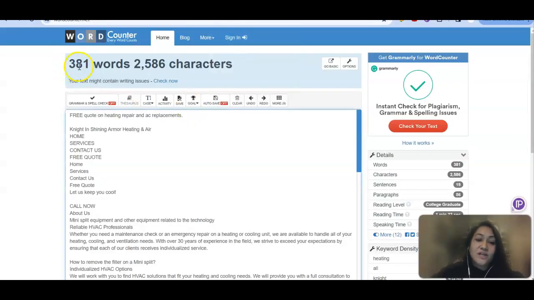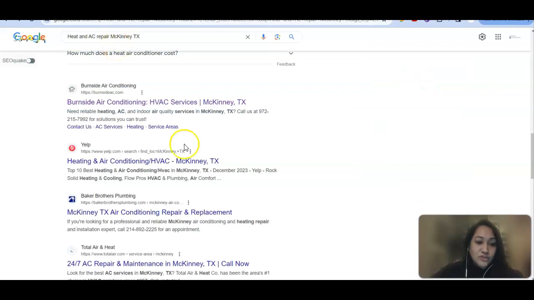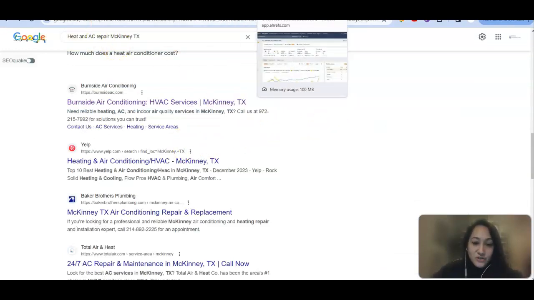It's telling me you have 381 words. So you have to build that content up right there. It can't just be content alone. It has to be keyword rich content. It has to be words in there that people are actually searching on Google search. So the next thing that I want to show you, I'm going to show you all of that and what